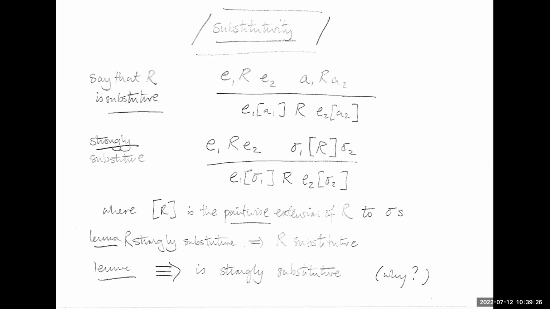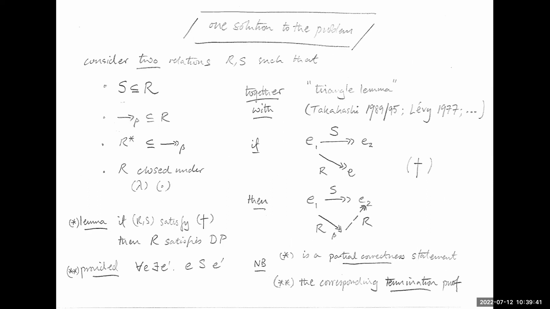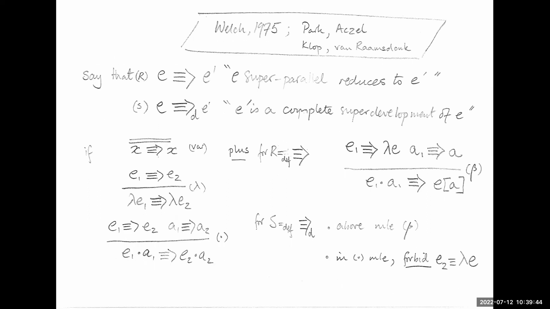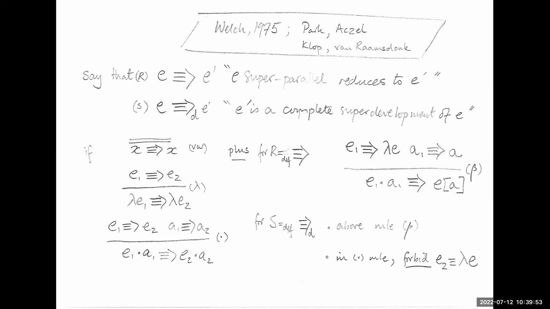John? Yeah, when you take a step back, I'm just wondering about the superparallel reduction. For the superparallel reductions, you wrote an R with an S over it. Could you go back? Where did I do that? There or there? That one? You have the three arrows, and there was an R over it. Oh yeah, okay. That's R. That's superparallel reduction, and that's the fat arrow with a D for development. That'll be my relation S.